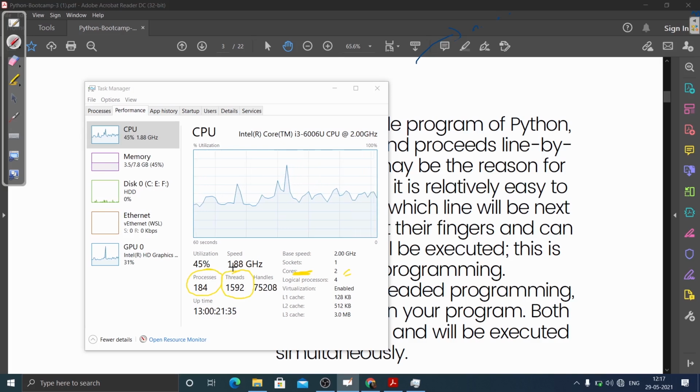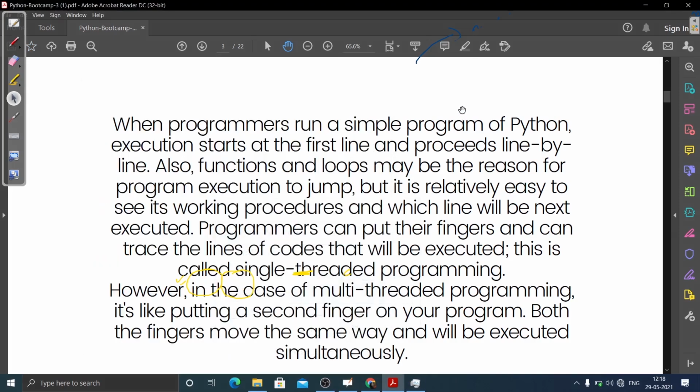So you can understand in the background in your PC how many processes are currently working, and inside those processes we have the number of threads that are working. Basically, inside processes we have threads. Threads are the subtasks, you can say. These are the subtasks that are happening in any specific application. So you can understand it by going to Task Manager and see how many cores are there in your PC. I guess this concept is clear now.